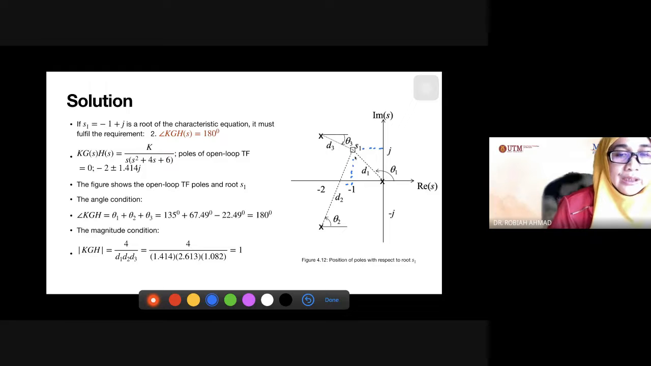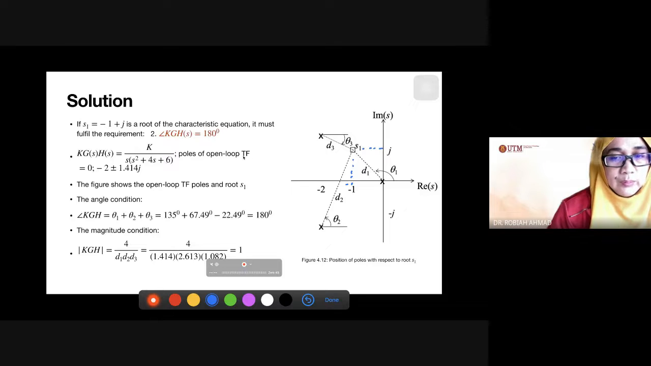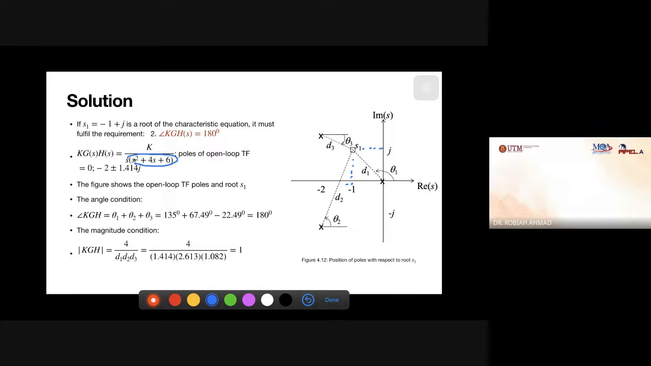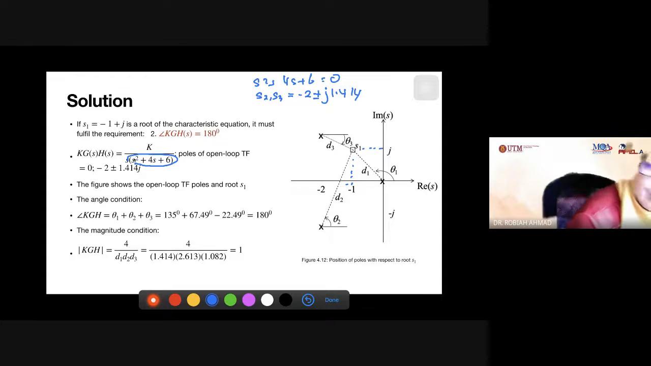So if we look into these equations, the poles of the open loop transfer function, for this equation there are two, because these are called complex poles. So if s squared plus 4s plus 6 equals 0, we will get S2, S3 equal to -2 plus minus j 1.414. This one we use the earlier equation. In this case we have 3 because here,